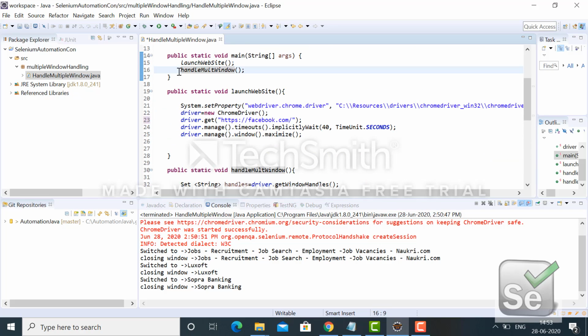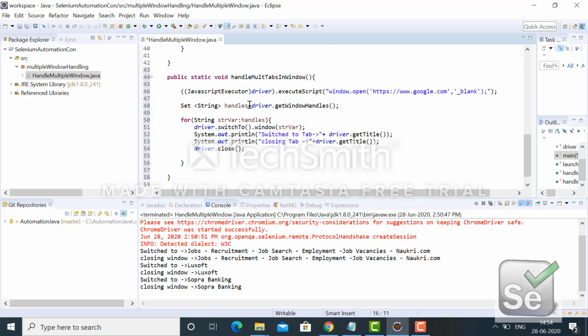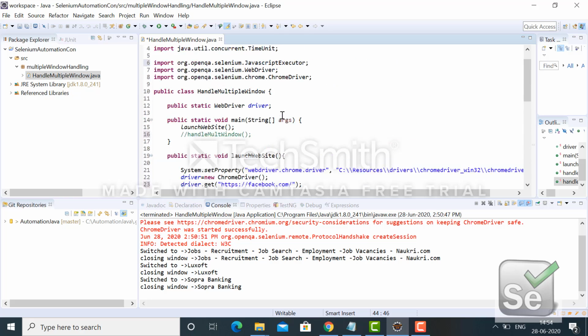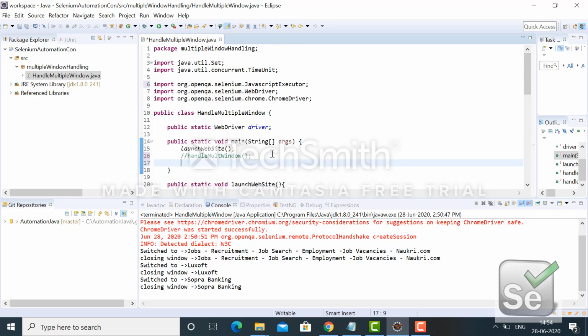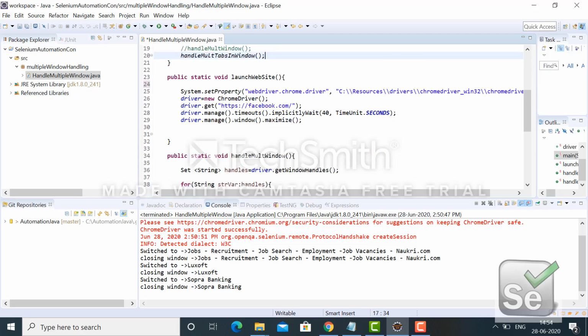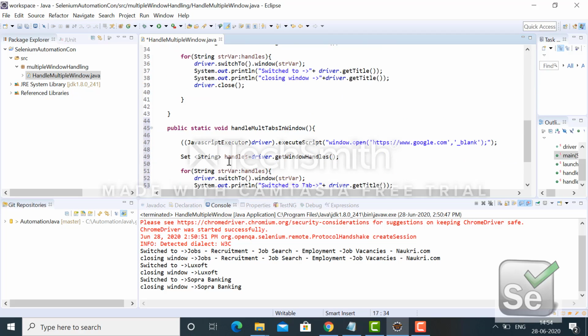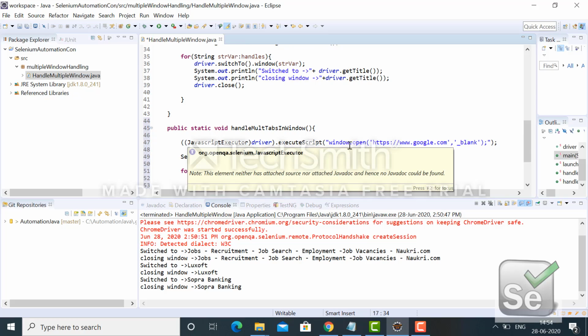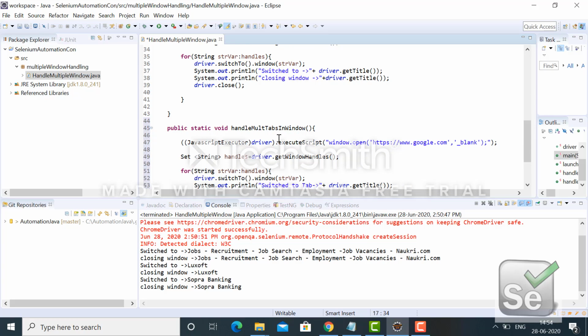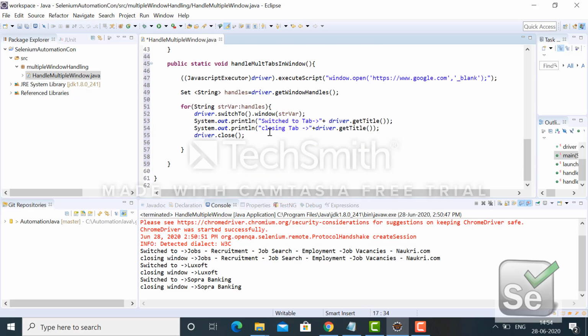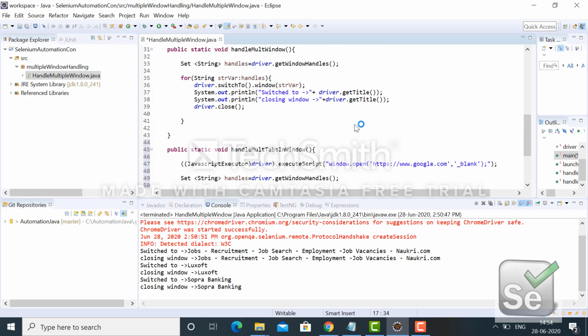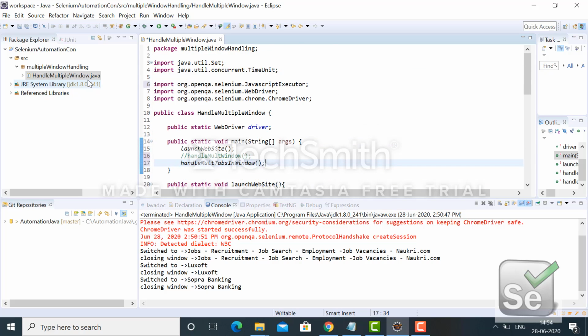For the time being I'm commenting this out and picking this. With JavaScript executor I create a separate session, but here I'm focusing on how to handle multiple windows and tabs. Now let's run it.